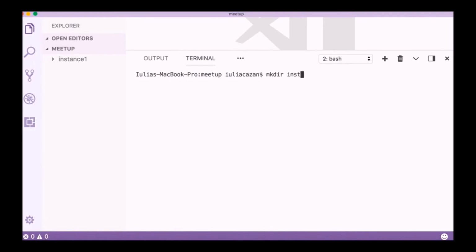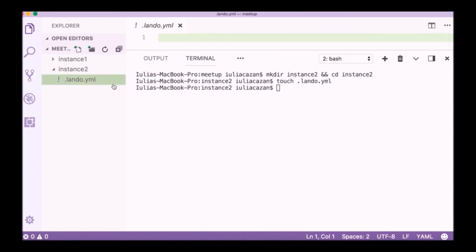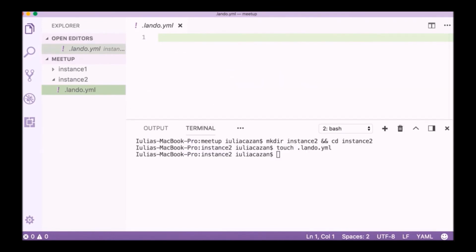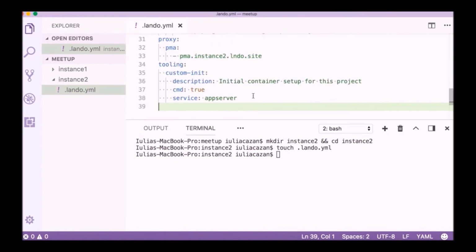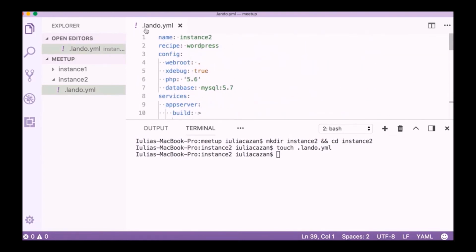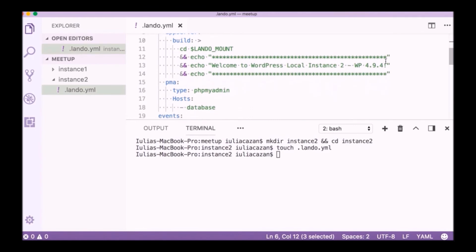I open the terminal and create a new folder called instance2 and move in that folder. Then I create the empty Lando YAML file. Then I copy and paste the recipe from another project I already created. Here I mention the instance name, another WordPress version,